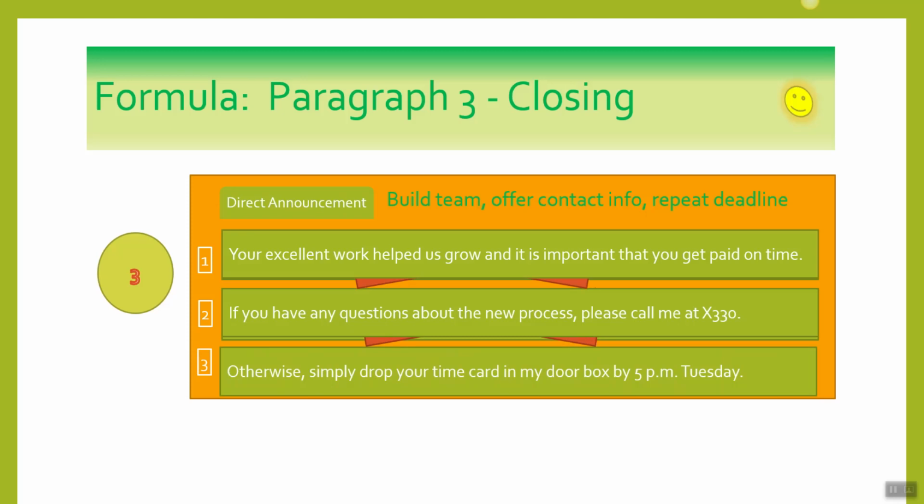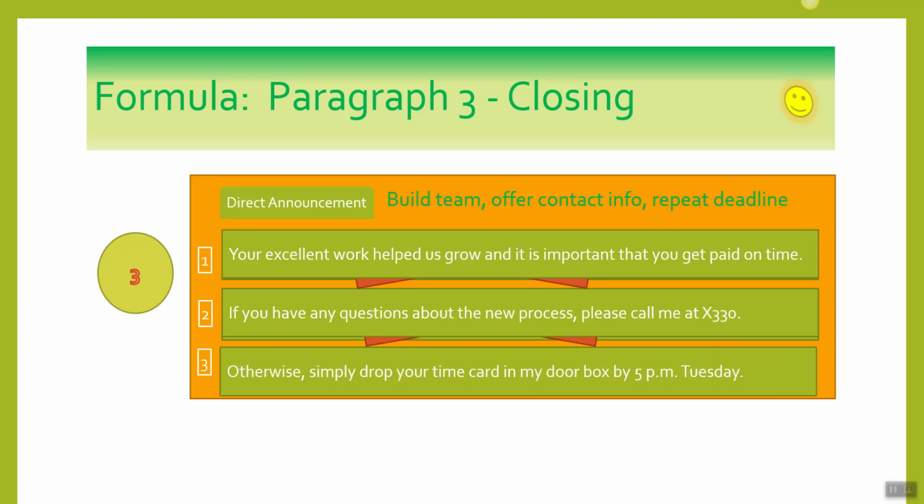And then our final sentence here is to repeat that deadline. Now, normally, to be concise, we would not repeat ourselves, but your deadline is one thing you want to repeat, and you want it to be at the beginning and at the end, especially, because that's where the human eye will light. If they're skimming through, they're going to see it. So, otherwise, simply drop your, see, I said simply, so easy.